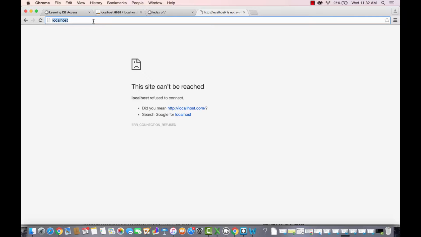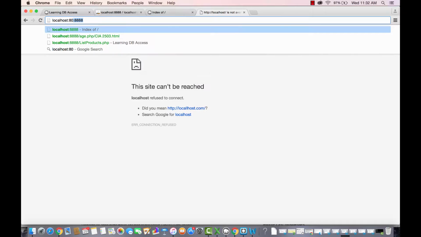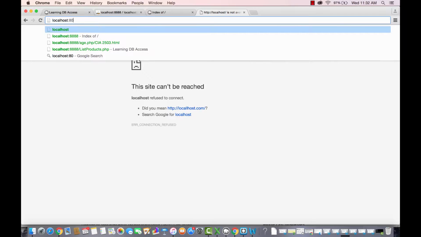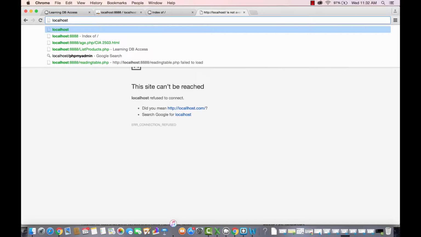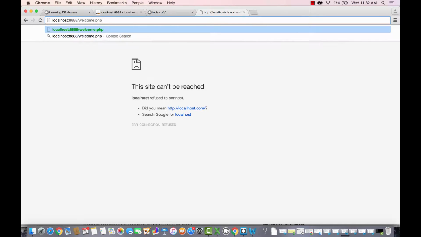Let me show you one more quick thing over here. Localhost:8888. That's my customized port of the web server. This port is where the web server is listening. It is not 8888 by default; this is what I have customized it to. By default it's only 80, and if you just write localhost, it should work in most cases, and you should see the welcome page. But for me it's not the default, it's 8888, so I have to type this, and welcome.php